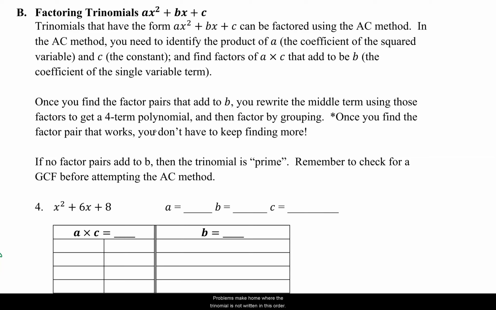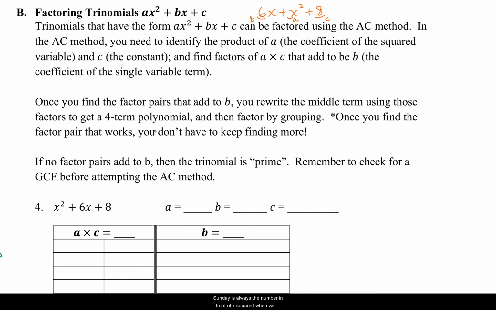Sometimes problems may come where the trinomial is not written in this order. It may be written like this: 6x plus x squared plus 8. But just because we rearrange the order of the terms does not change which number is A, which number is B, and which number is C. C is always the one that stands by itself. B is always the one multiplied by the single x, and